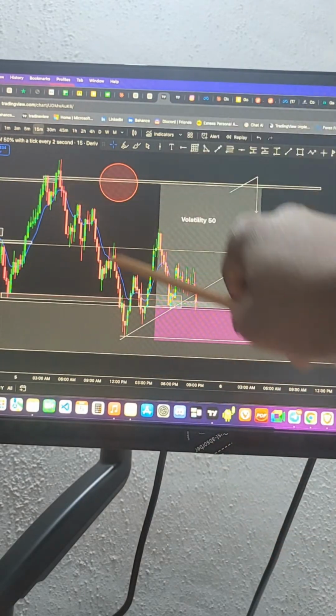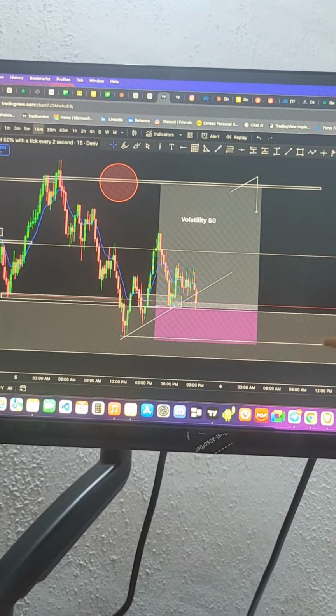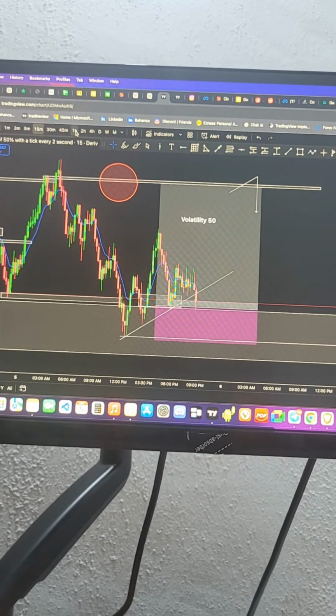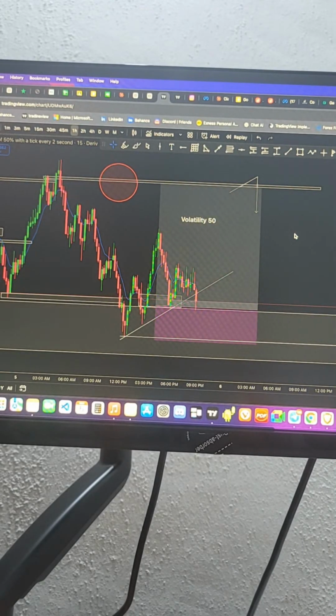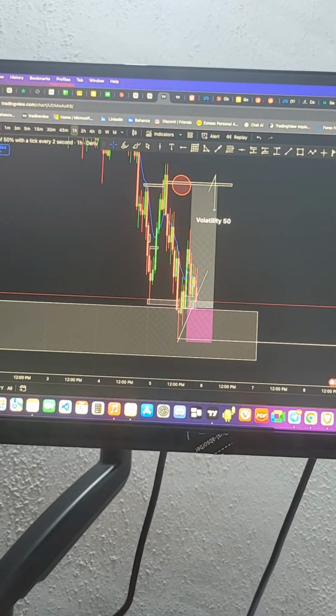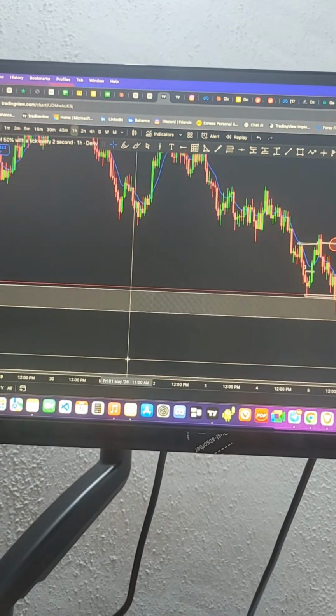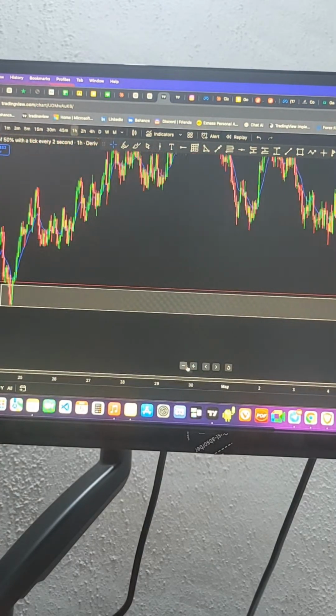So when price came down, this zone that I marked here is a higher time frame POI. Let me switch to 1 hour so you can see that POI clearly and why I got involved in that trade around that zone. Mind you, I posted this particular setup on the free signal group,